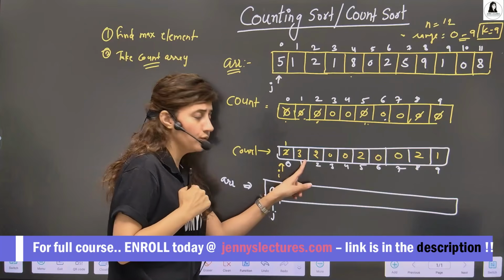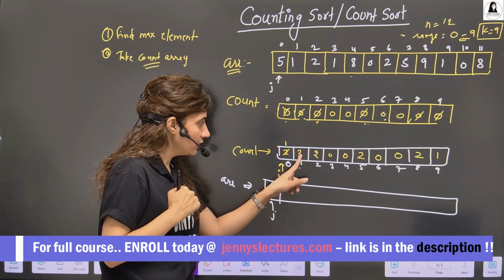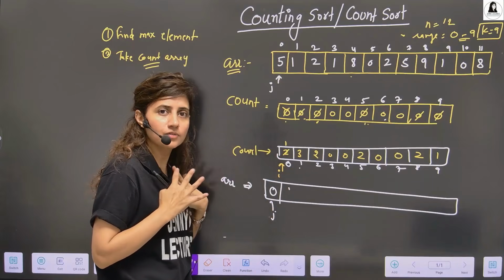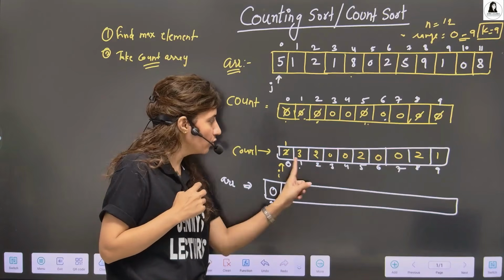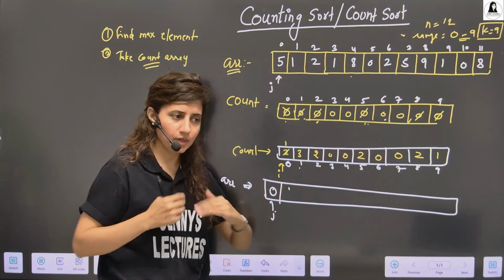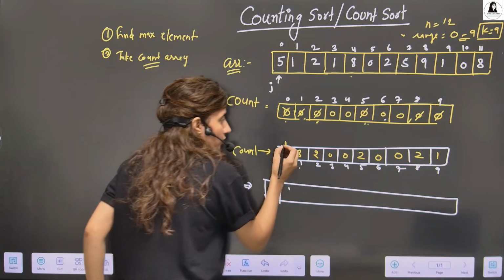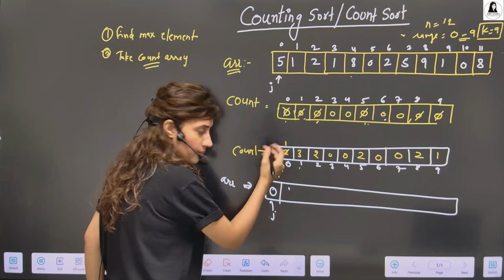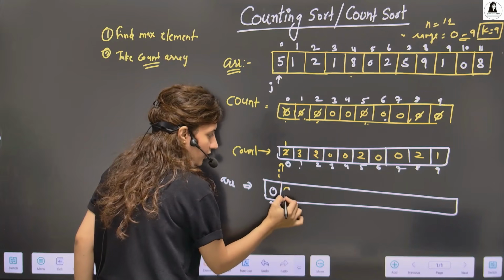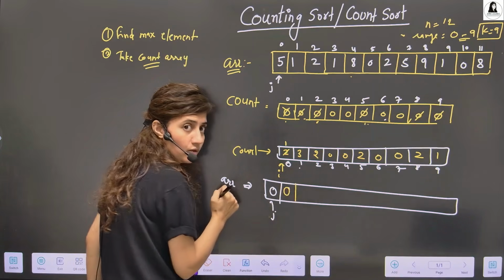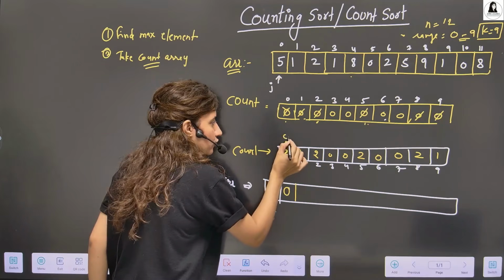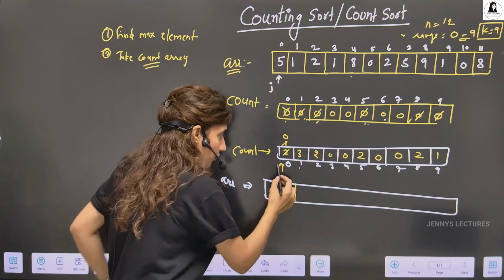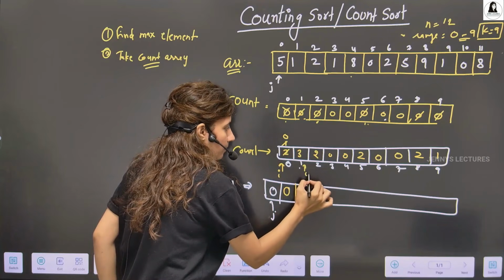Now it's not that we move forward and write 1, which is present 3 times. No, because 0 is present 2 times. So at first, obviously, we have to write all the zeros, then the ones and twos, whatever is present, in sorted order. Now the count is still 1. It's greater than 0. So if it's greater than 0, again we put 0 at the next index and decrement the count by 1. So it becomes 0. Once it becomes 0, we move further. Now we do I plus plus. Now I is here.